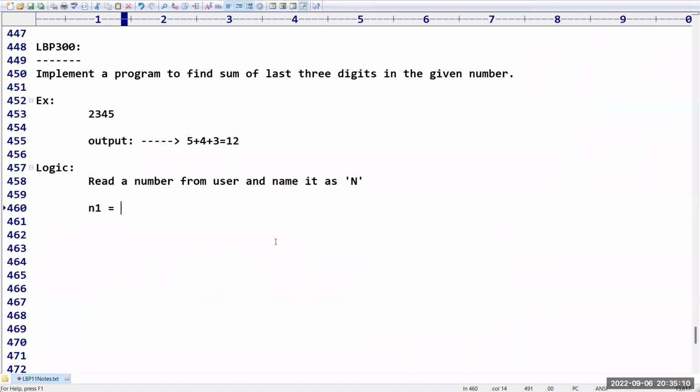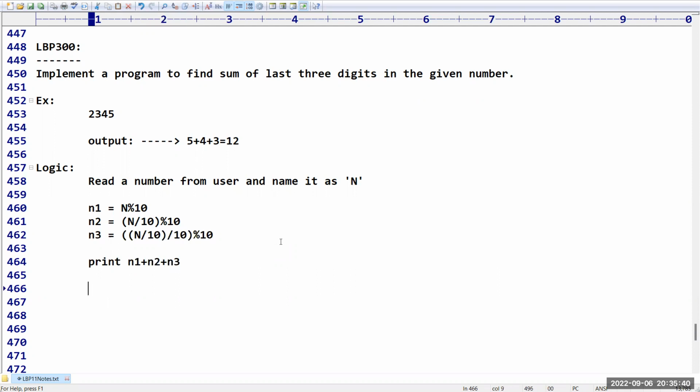What is the formula now? N1 is capital N percentage 10, N2 is capital N divided by 10, again percentage 10. What about N3? Capital N divided by 10, divided by 10 again, percentage 10. So you get the last digit, the previous digit, and the one before. You can print N1 plus N2 plus N3.